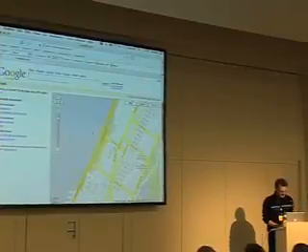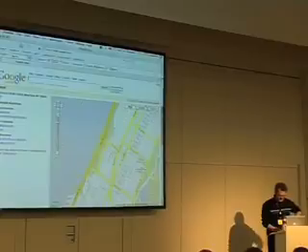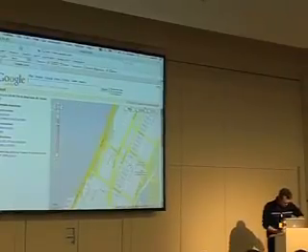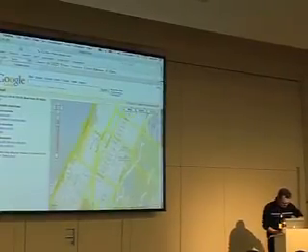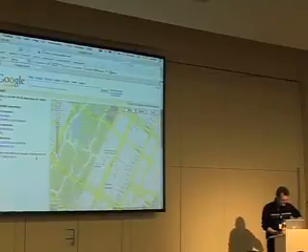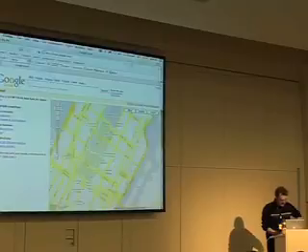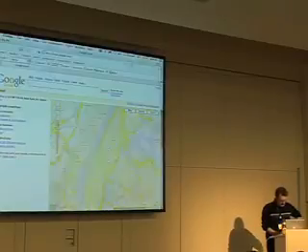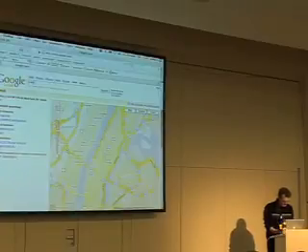Now, in this application, you can just take the map with your mouse pointer and drag it around, and you do that inside the page. You can also zoom out and get a broader overview, and you can search for certain addresses.